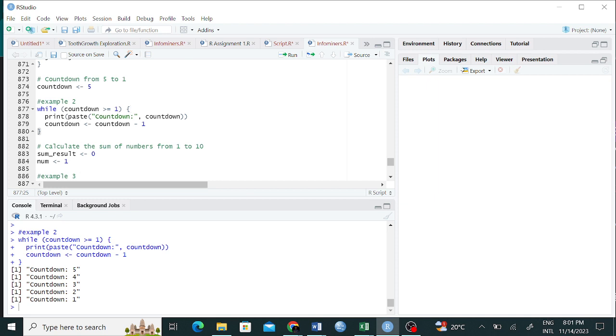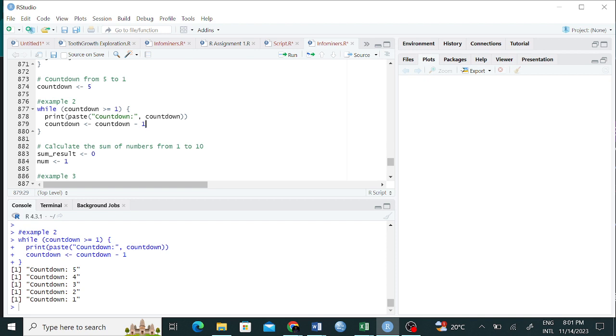And then you can see that the new countdown is equaling to countdown minus 1. The first countdown here is 5, so the new countdown is equaling to 5 minus 1, we get 4.